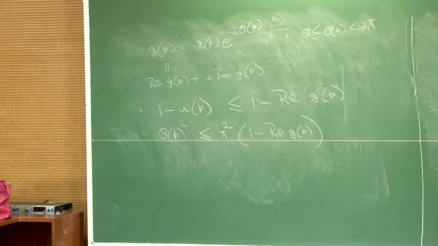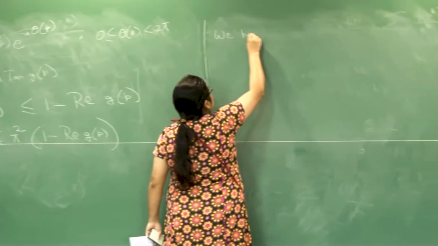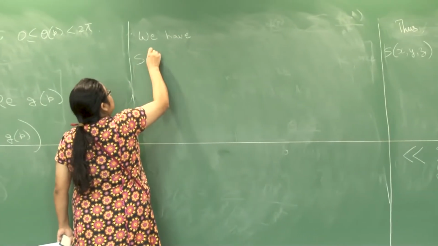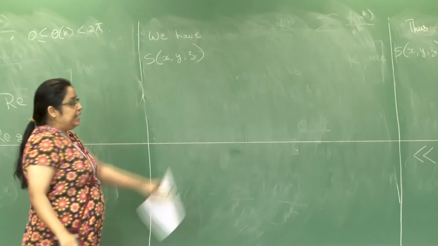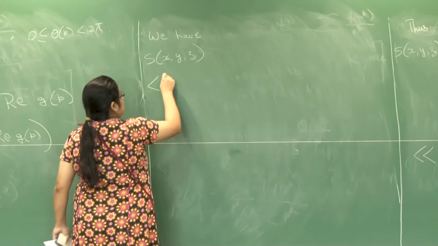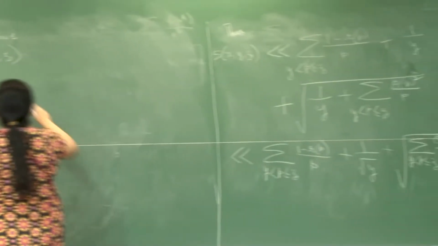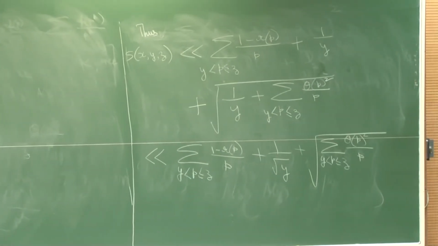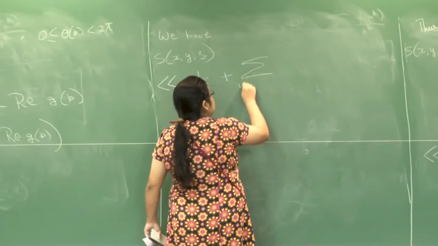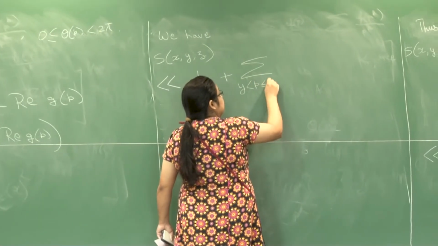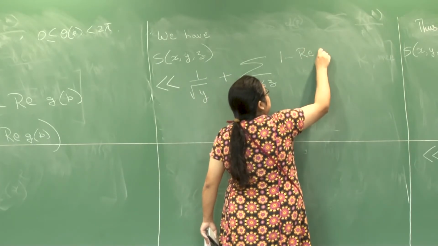This gives us that, thus, S of x y z is less than, first let me write this term here, 1 over square root of y, then you have the summation over y less than p less than or equal to z of 1 minus the real part of g of p